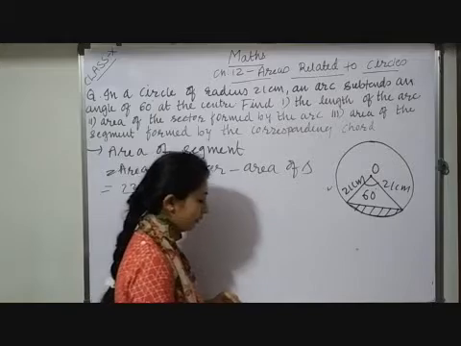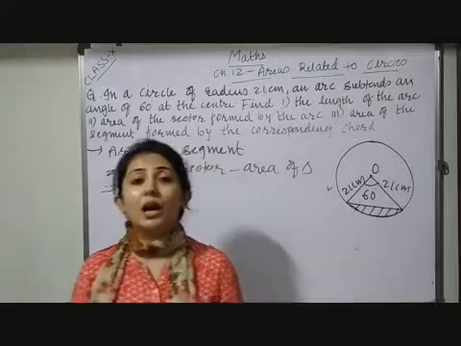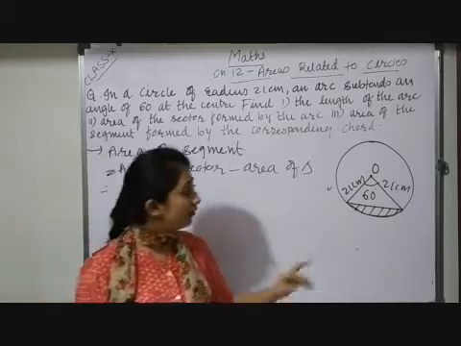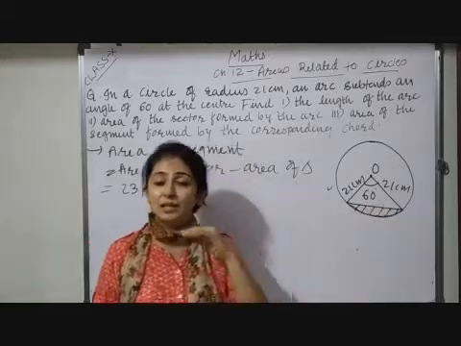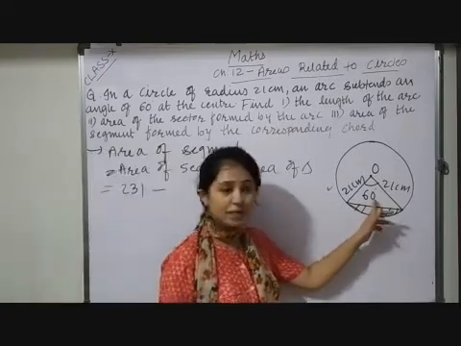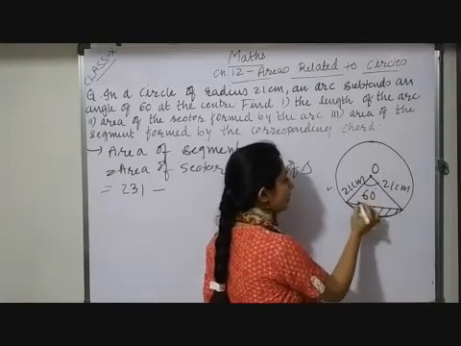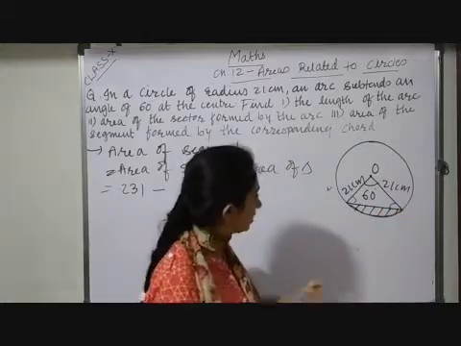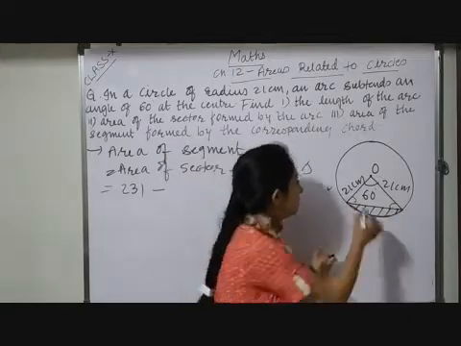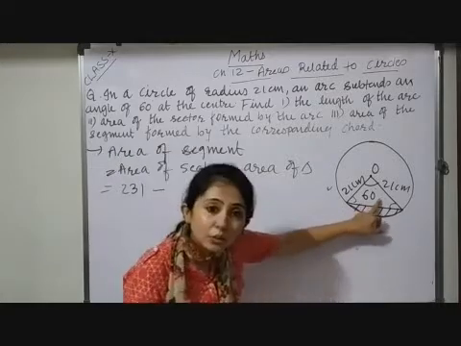Now which formula will you use here? Area of a triangle, you have studied a formula, that is half base into height. Height we can get only when we have a perpendicular distance. That distance we can get if we have a 90 degree angle, because 90 degree means perpendicular. So obviously we can find the height of that object. But here 60 is given and this angle is given 60. These two sides are equal. So obviously when two sides are equal, the opposite angles will also be equal. So if this is 60, then 180 minus 60 is 120, and these two are equal, so these two angles will also be 60 degrees. So obviously this triangle is an equilateral triangle.